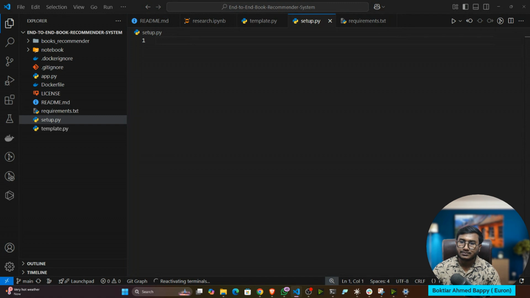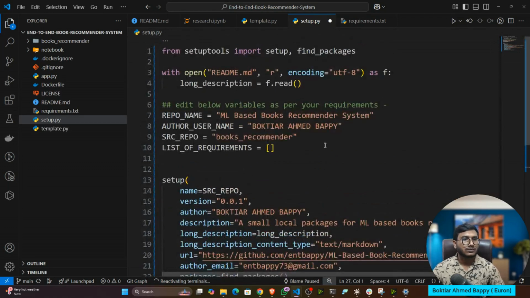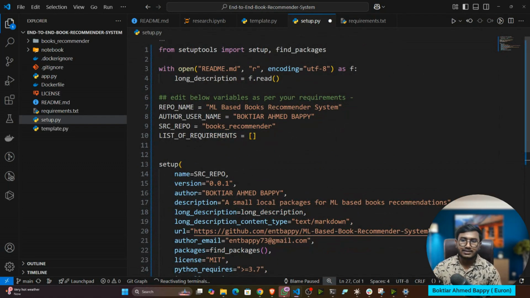Setup.py. So this is the code I usually write. Okay, so here there is a package.